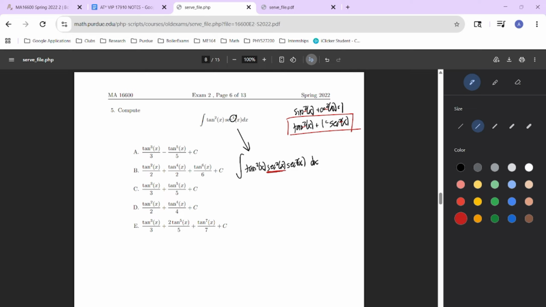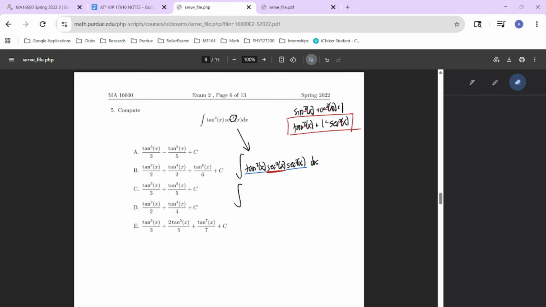Why is that? Well, if we have the case where we have a tangent of x and a secant squared of x, there is a pretty good chance that we can use a u sub in this formula. If that's possible, we don't want to get rid of all of our secant squareds, only just as many as we need to. Let us continue by subbing in this formula here, this identity,